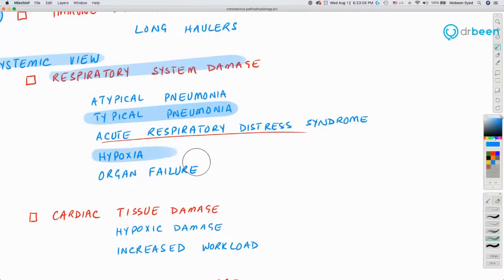So then hypoxia. Of course, hypoxia would occur because of the damage to the lungs. Organ failure. Why would I write organ failure inside the respiratory system category? Because once the lungs start getting damaged, and once they cannot provide enough oxygen to the rest of the body, then the body tissues that are not receiving oxygen, that are in a hypoxic state, will start getting damaged. And the damage is multidimensional,